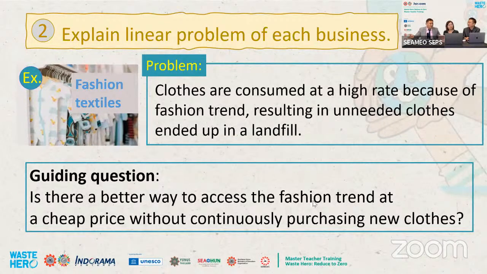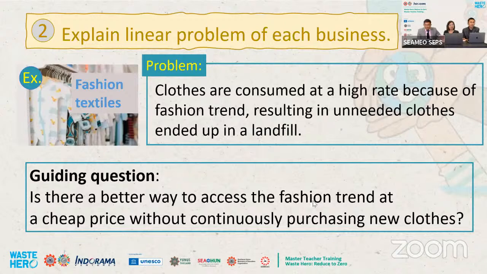If we throw that away when it can still be used, it's just a waste of material. And it produces a lot of waste too, and it's difficult to get rid of. Because most of the clothes cannot be recycled, right? Yes. So it can give problems to the oceans too, because there can be leakage to the oceans day by day.